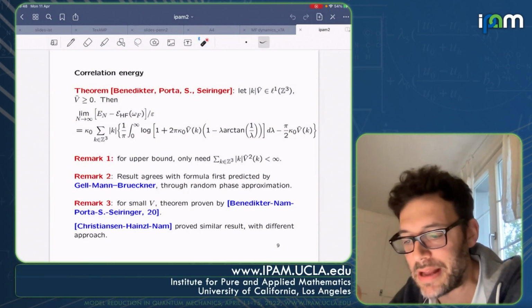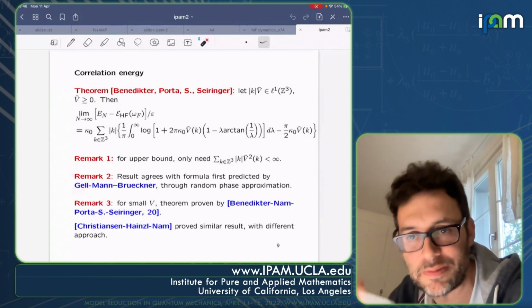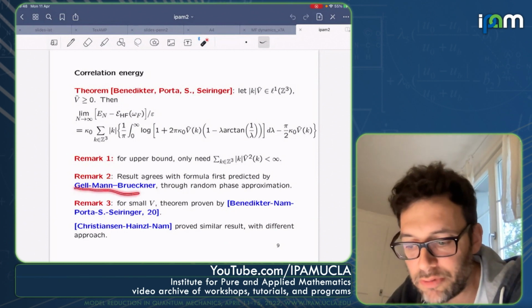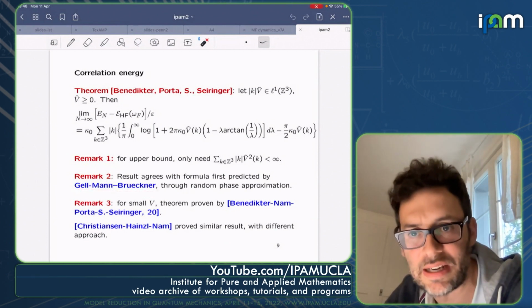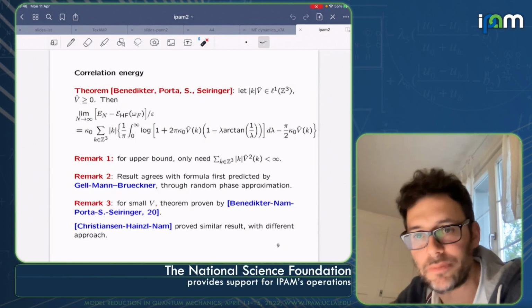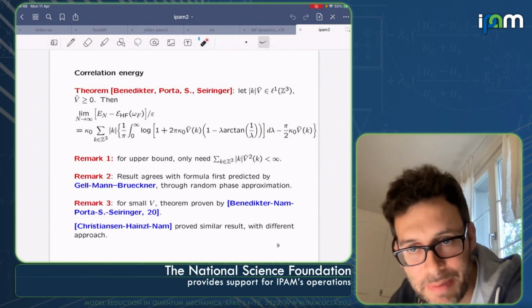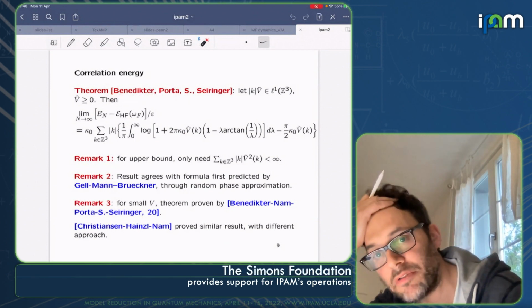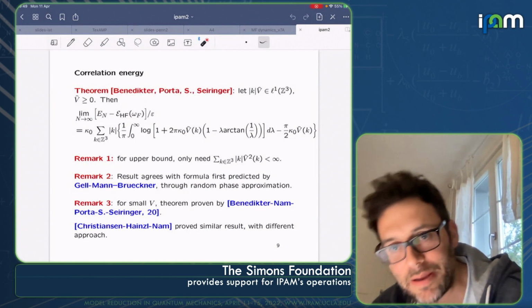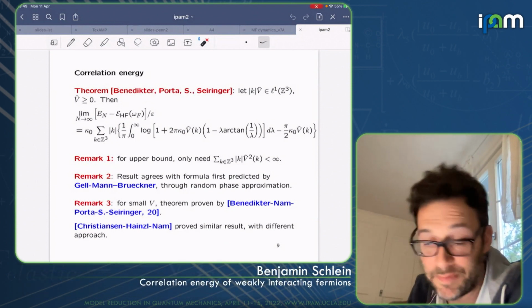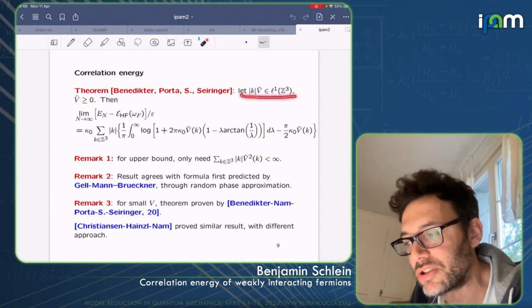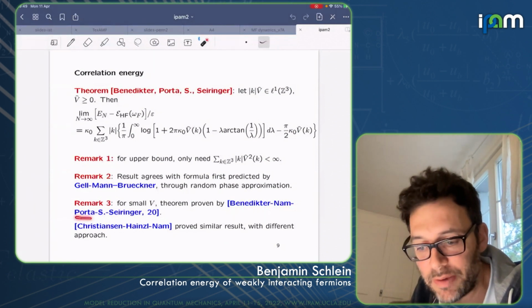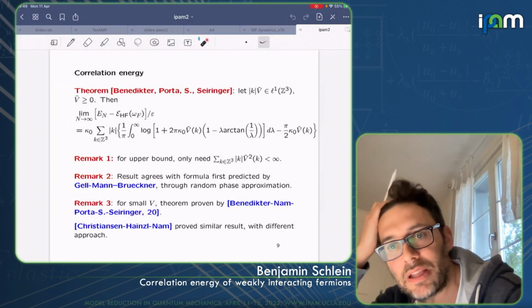Okay, so the other remarks that I wanted to make, well, one as I already did. So this was predicted in the physics literature for Coulomb systems with a non-rigorous approach, which is known as the random phase approximation. The other remark I wanted to make is that this result here is joint with Niels, with Marcello, and with Robert. This is the last step, and previously we had actually the same result, but under a much stronger condition on the potential, proven together with Niels and also Nam, with Marcello and with Robert.